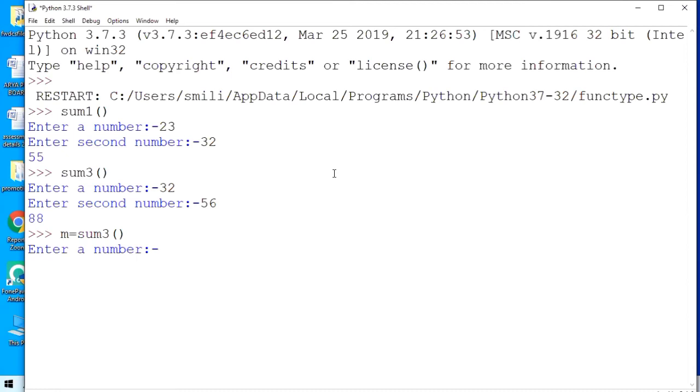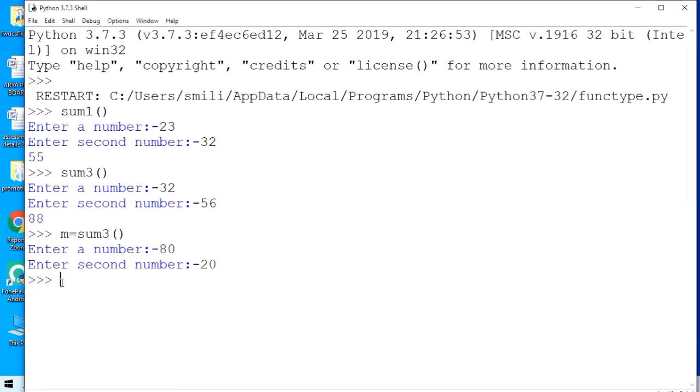So again it is asking some values, 80, 20. We have not got any output, but it has been added. Where is the addition? Addition has been caught by m.